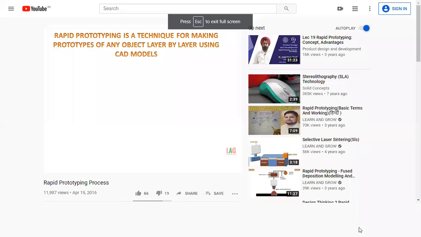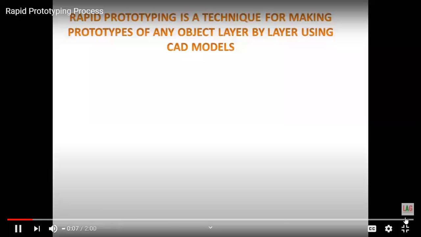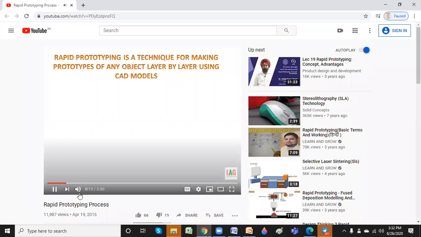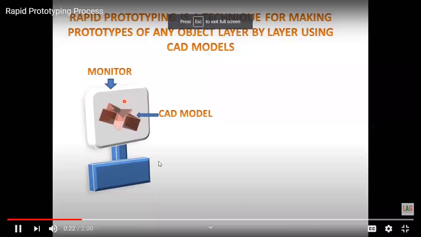Rapid prototyping is a technique for making prototypes of any object layer by layer using a CAD model. Now just see here, the computer monitor. We have a CAD model, which we make in the CAD software. This is a 3D CAD model.